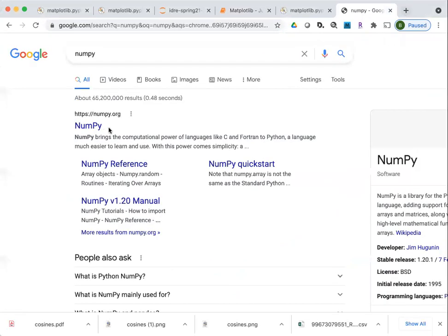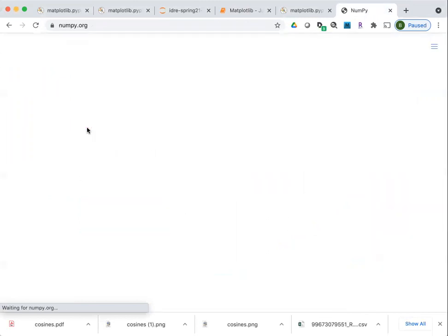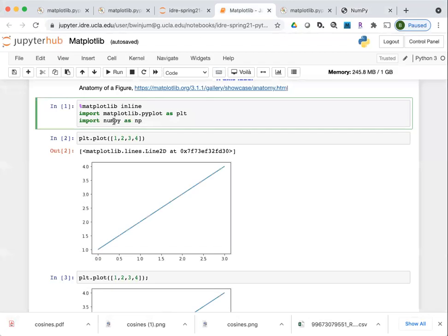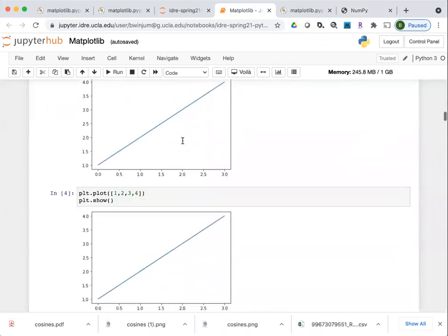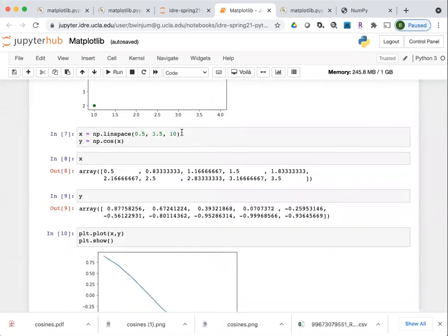NumPy is actually a very sophisticated library, but NumPy is intended to first and foremost provide, I think, a way to represent arrays and matrices for numerical computing in Python. When I say import NumPy as NP, NP is the alias for NumPy, and then NP has a variety of different methods that you can call, such as this.